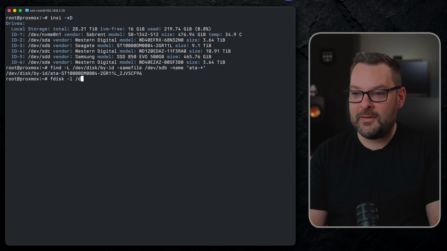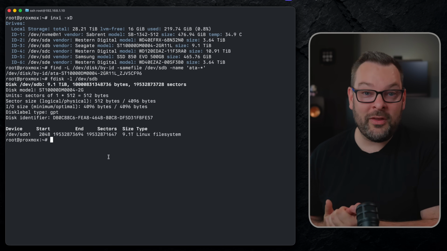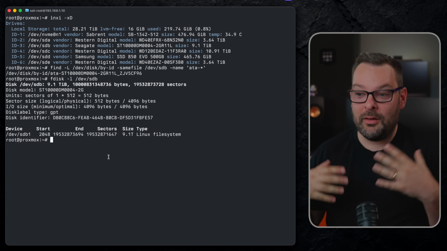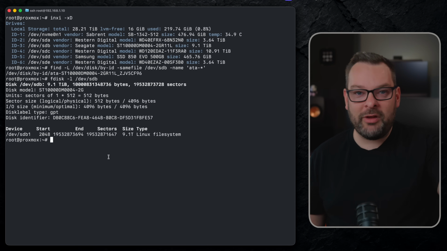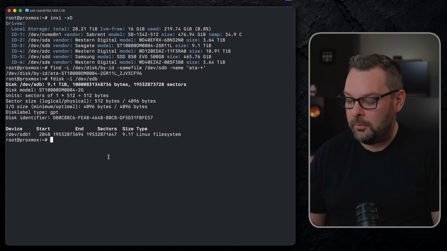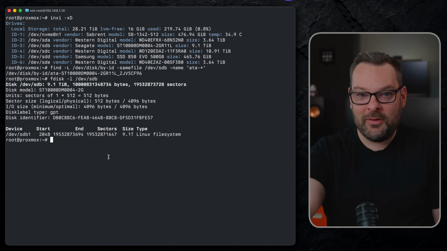I'm going to do an fdisk -l sdb as well, just to see what kind of file system we've got. In fact, it looks like on this one we might already have a file system mounted or present on the disk. So rather than recreate the partitions using sgdisk, and again you can go to the wiki if you want more of a reminder on how to do that, let's just mount this drive straight away to mount disk